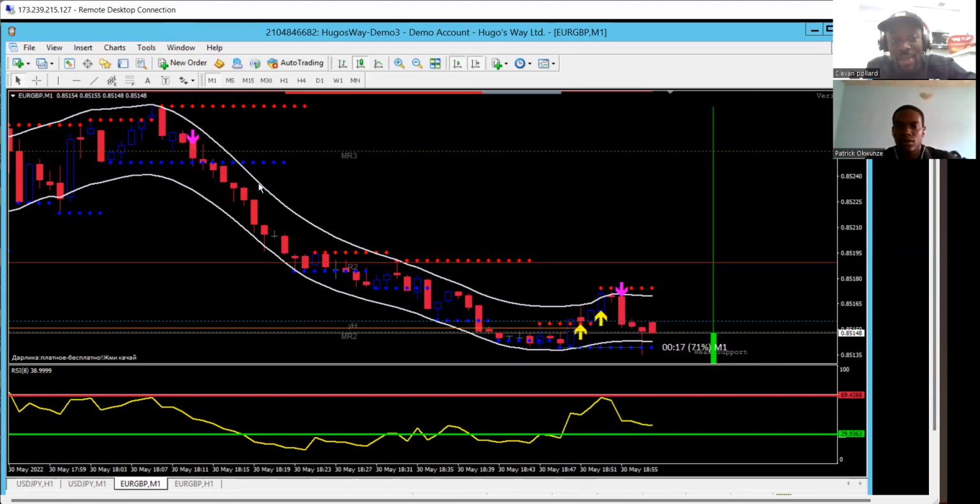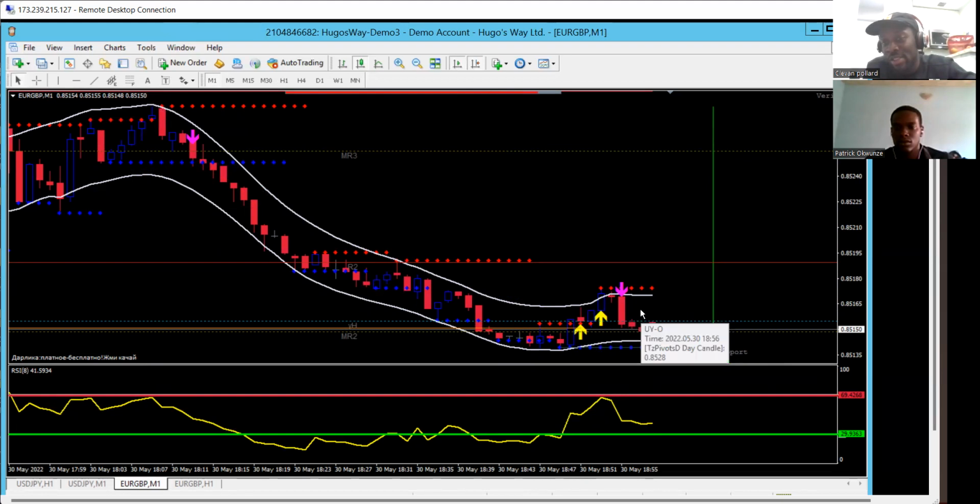Because even though you see these bands, they are still moving averages. It's a TMA band. I don't know if you know what TMA stands for, but it's a TMA band and it's literally still moving averages at the end of the day. So if you